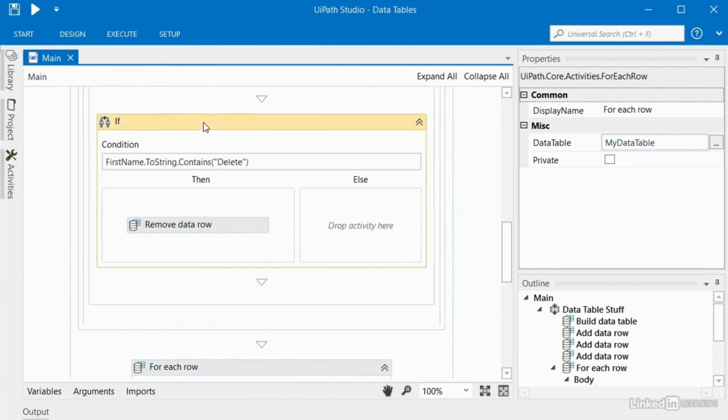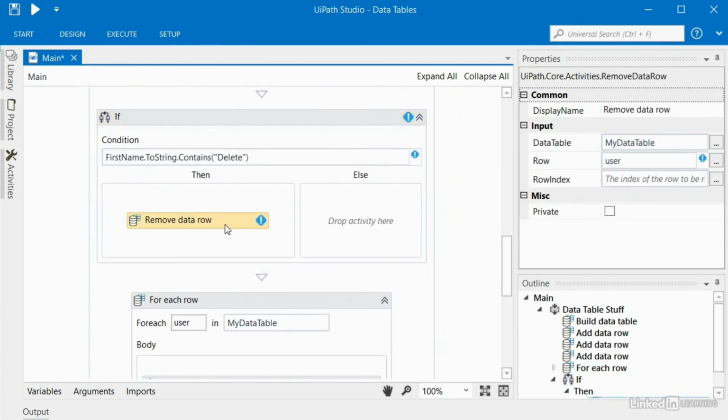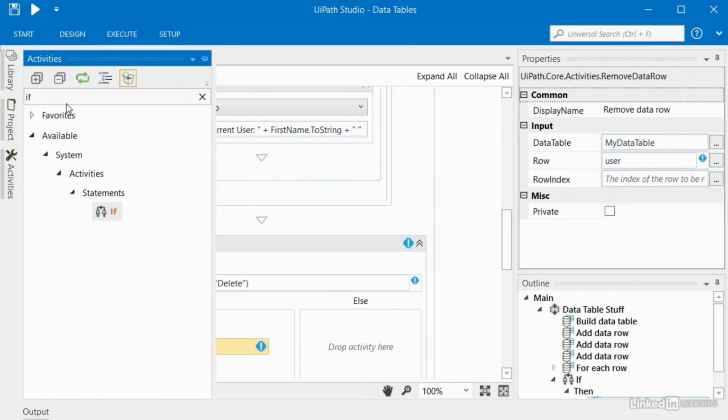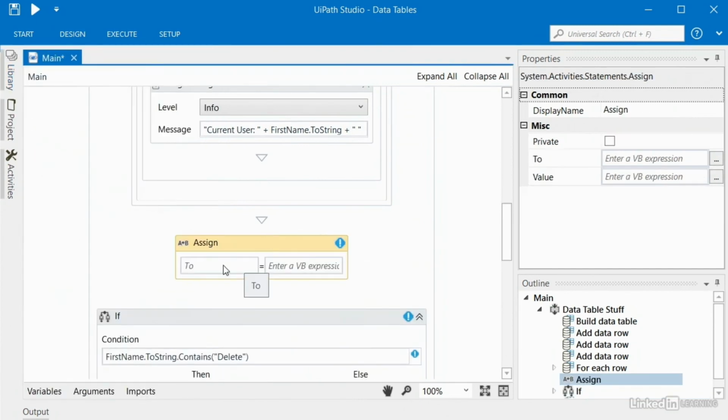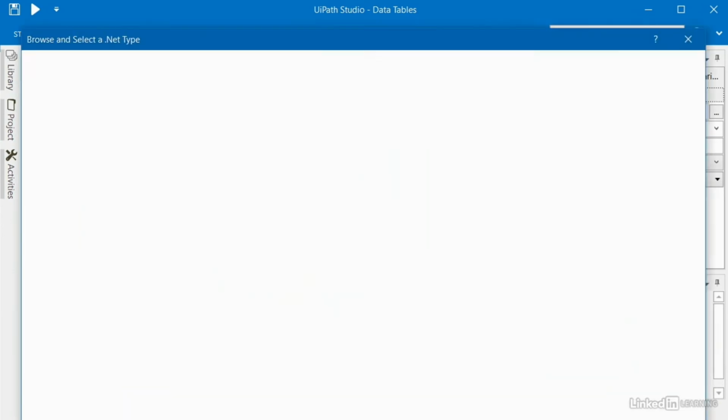The first thing I'll do is drag this if outside of that for each. And of course now remove data row is complaining because user is no longer valid. That's fine, we'll fix that in a minute. So above my if statement, I'm going to grab an assign and drag that in up here. We're going to assign to a new variable we create, and we'll call it rows to delete. Hit return and jump down to my variables tab, and we're going to click on the variable type here to change it. And you can't see it, but I'm going down to browse for types, and I'll type in